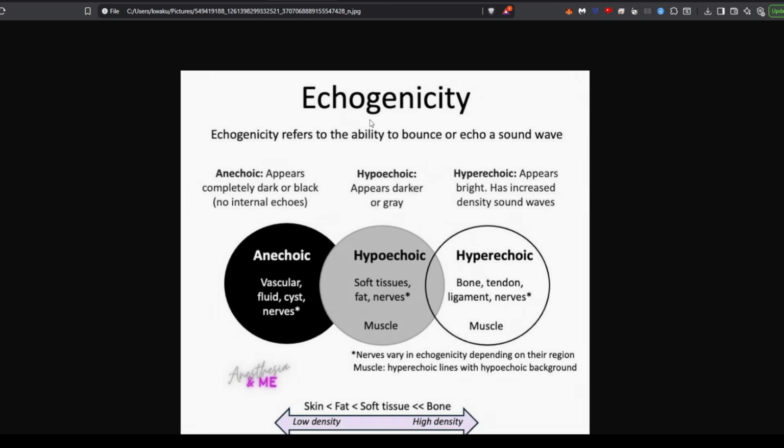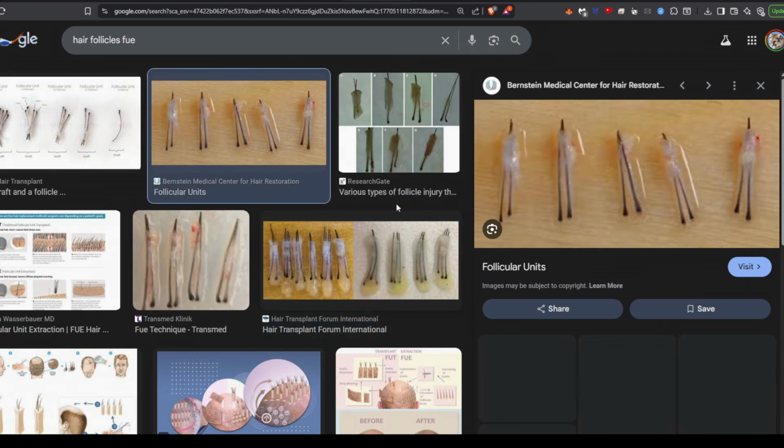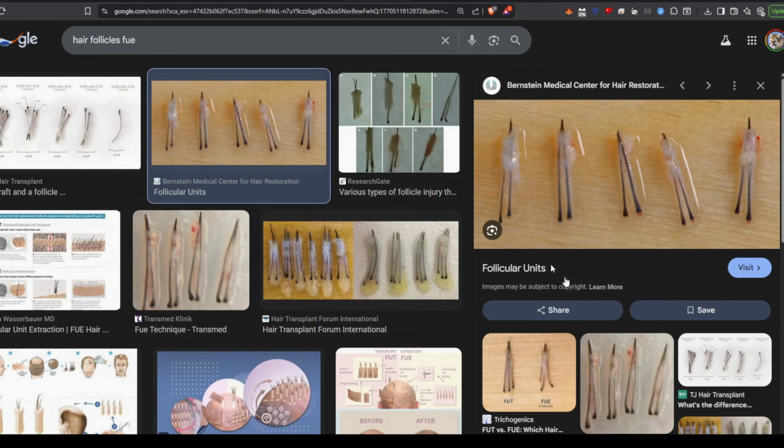With that being said, if you know how FUE hair transplant procedures look like, you can clearly see that a hair follicle is essentially a tubular structure from the base all the way up to the hair you actually see. This is what you're essentially transplanting. And really, you can see how wet it is, right? It's like this sloshy thing, but it is an organ that has utility for growing the hair you actually see